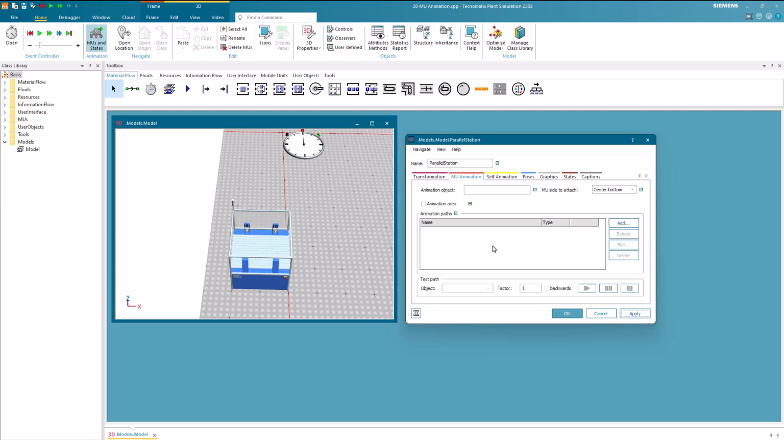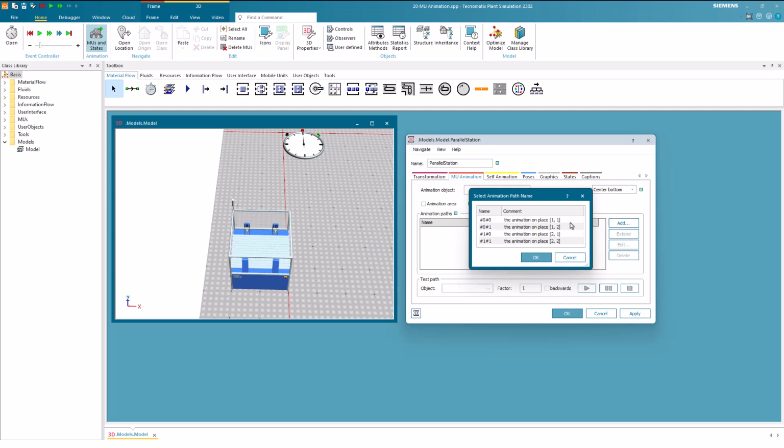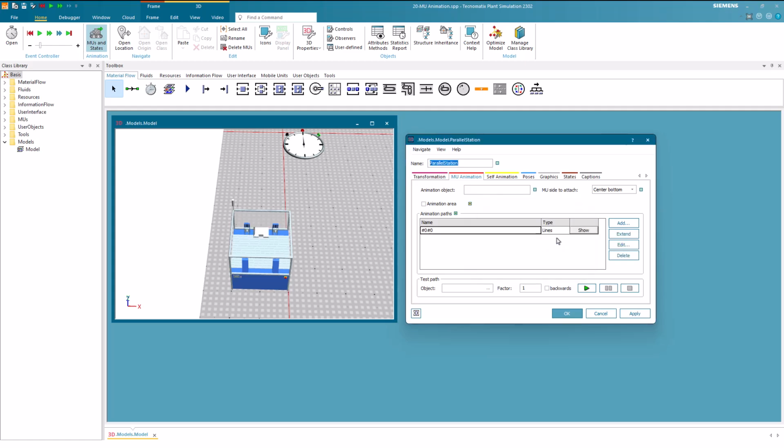As we can see, the parts are currently not visible because there is neither an animation area nor an animation path defined. To address this, we add an animation path and can see the 3 dots again. We proceed by selecting one of the 4 defined places based on the X and Y coordinates, with corresponding names shown on the right-hand side. Afterward, we create an animation path for the chosen place, click on Show, and then select the cone.